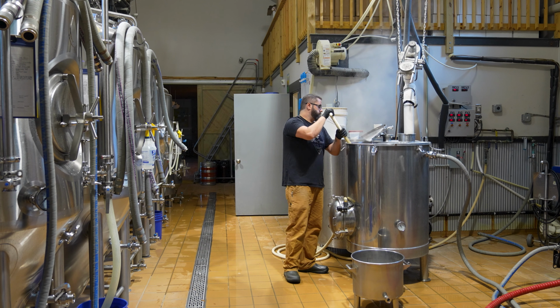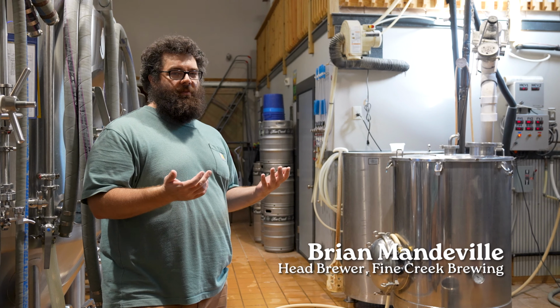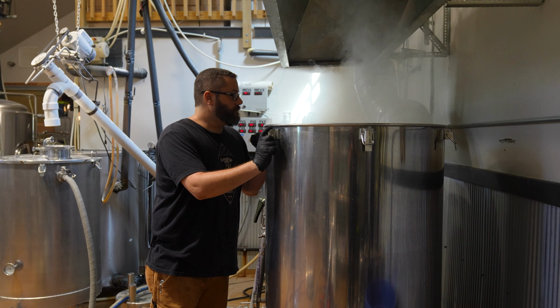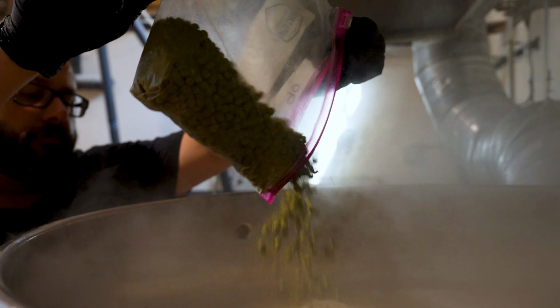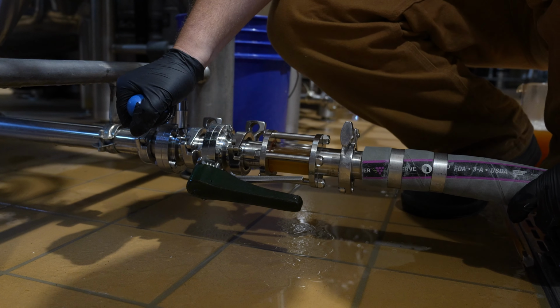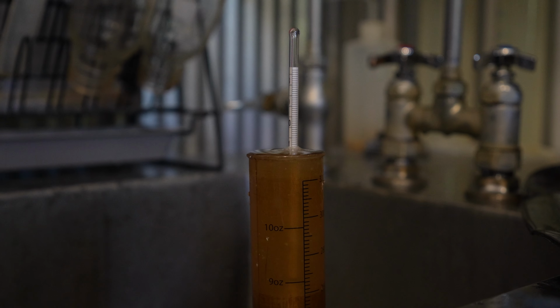The process we're doing today is really how every beer we make starts, and how almost every beer you've probably ever had starts. All of the Pawpaw beers we do are part of our mixed culture projects. What's more unique about those beers is that following this process, they'll be fermented with a very different culture of microbes. The other unique thing is that while we brew with a lot of intention on our mixed culture side, we also embrace the way those cultures ferment in somewhat unpredictable ways